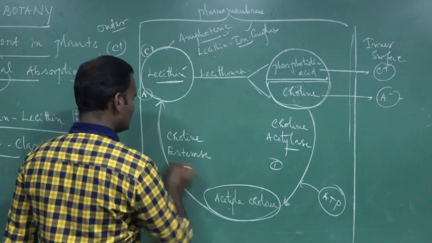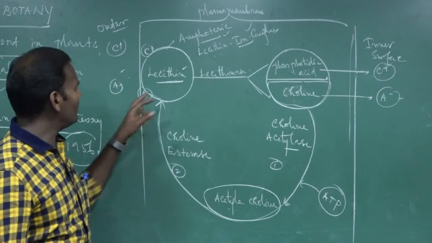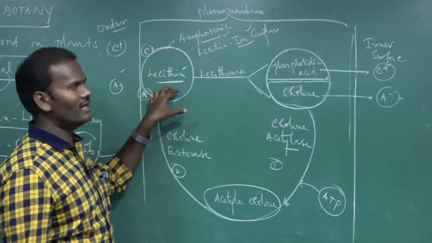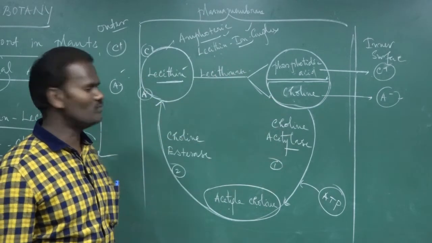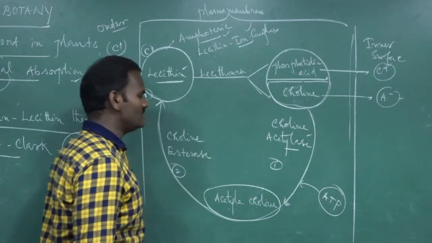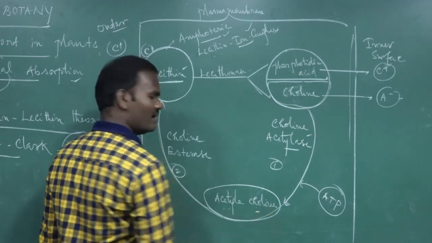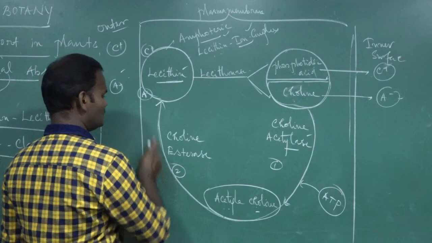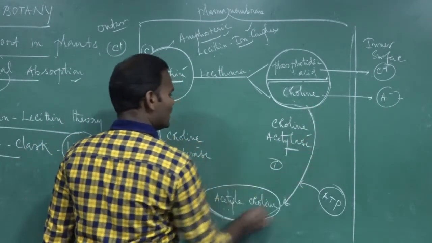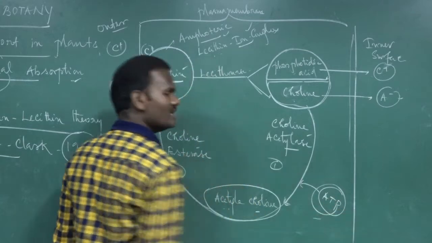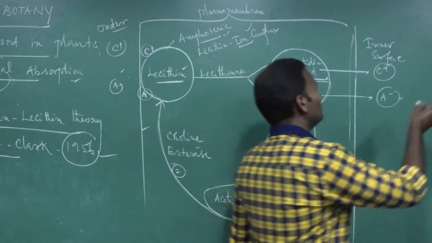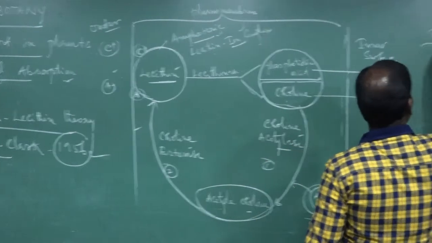So these two steps are required for the regeneration of lecithin again to pick up the ions to transport or cross the plasma membrane. The first step is catalyzed by the enzyme choline acetylase to form acetylcholine, and the second reaction is catalyzed by the enzyme choline esterase. This regeneration definitely requires metabolic energy, ATP is required. Then the last one is Donnan equilibrium.